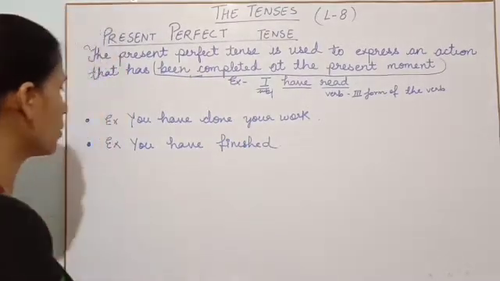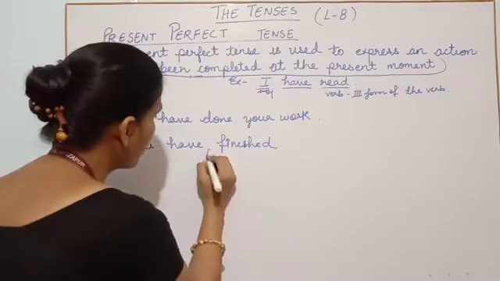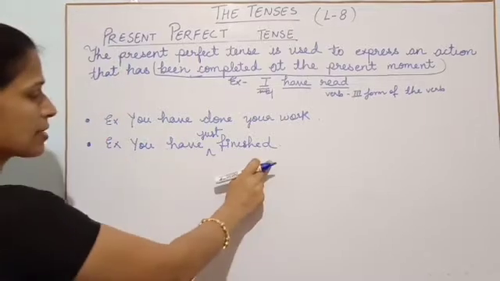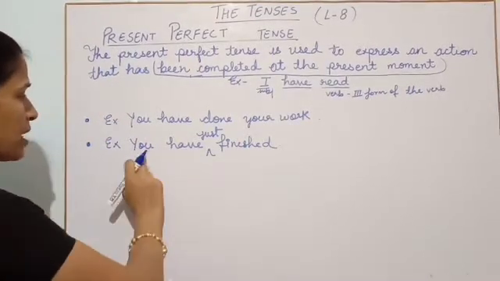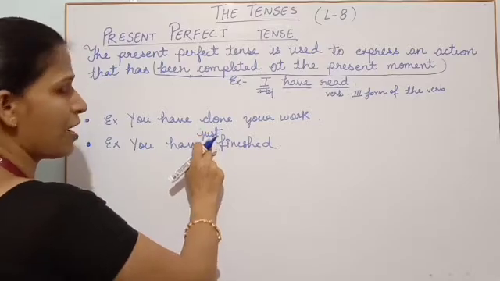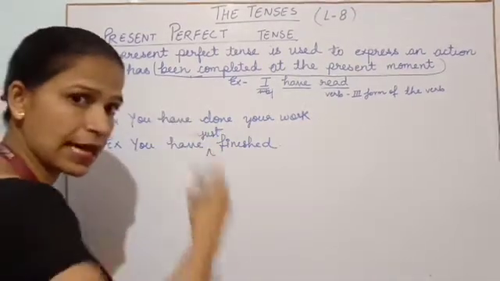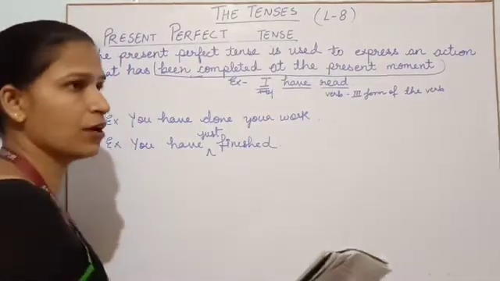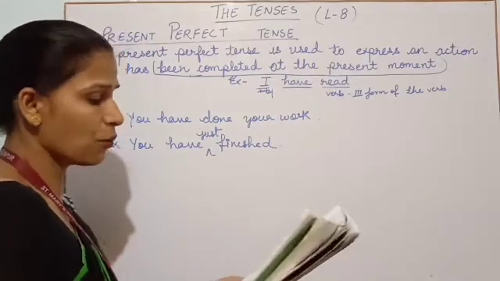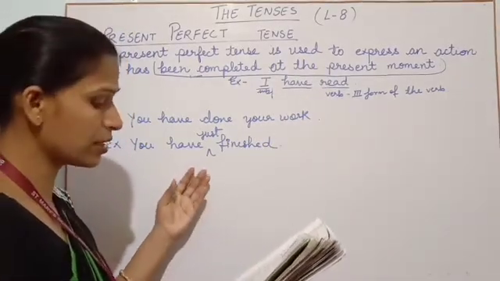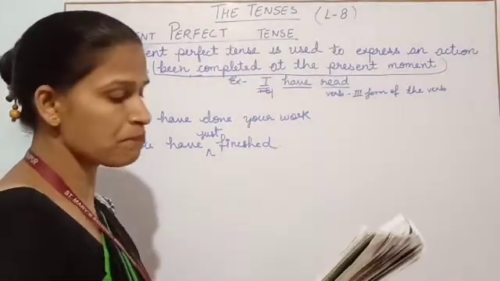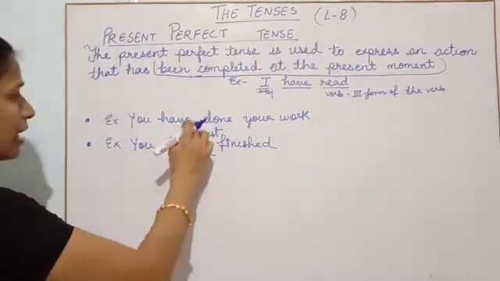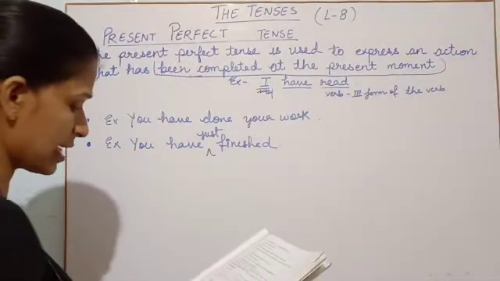When you add the word, you have just finished. Now your statement is giving you the information that just now I have finished. It means I have recently finished this work of mine. So when we want to express present perfect tense, we can very easily do it with the help of these words: just, recently, lately, by now, today, yet. All these words will tell you that we are using the statement in present perfect tense.